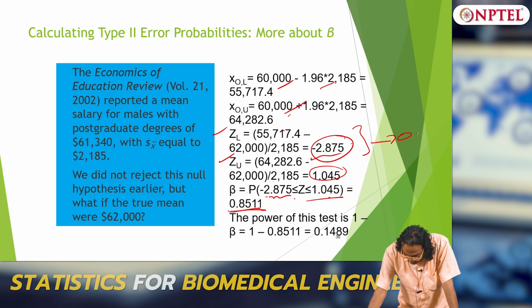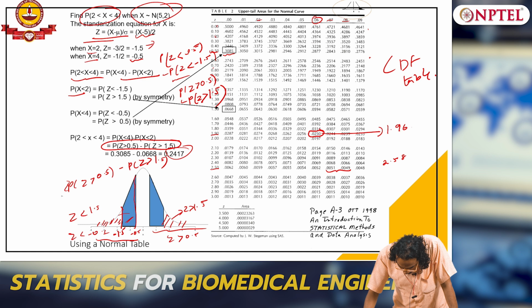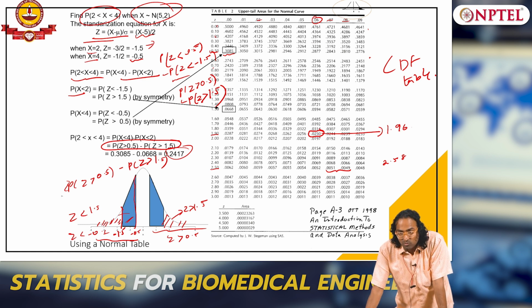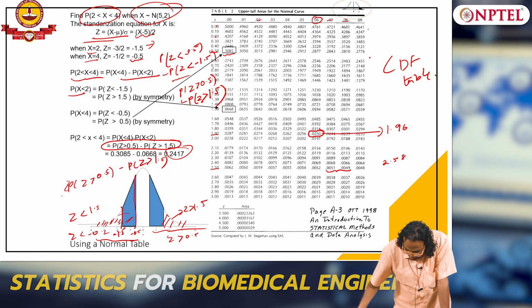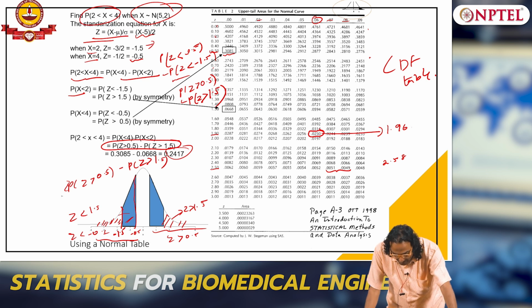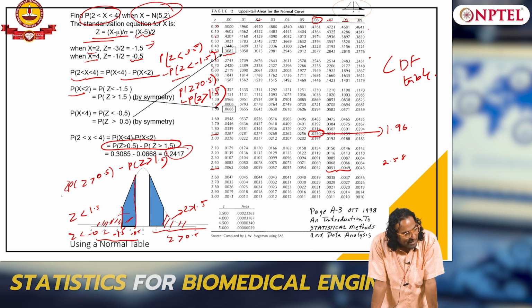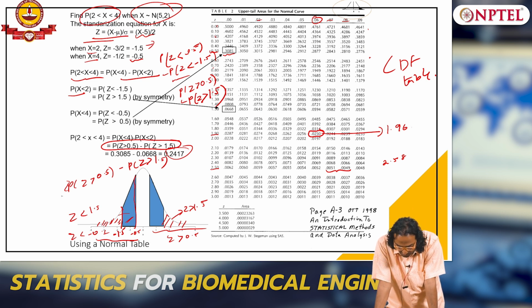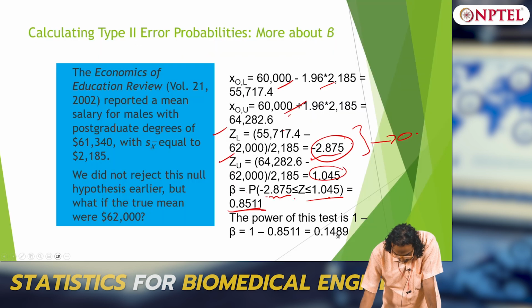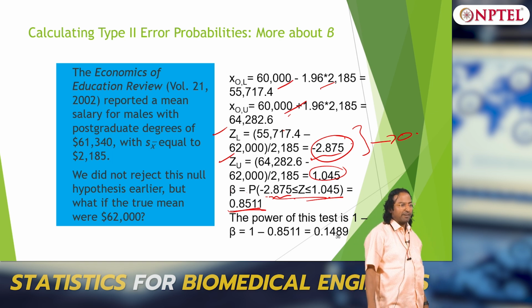1.045. If you come and look at the table, 1.1 is there, and 1.045 is like 0.1. This is what makes a difference; if you look at 1.045, it will be a bigger value. So that is what is contributing. Only the right side will have a value, the left side will not have any value at all. Does it make sense everybody? If you compute this value, you should get it to be 0.85.